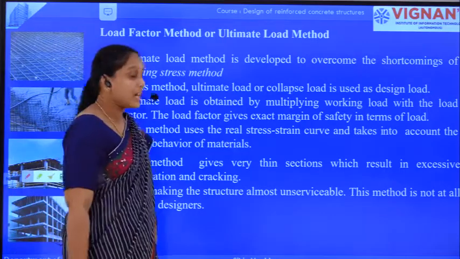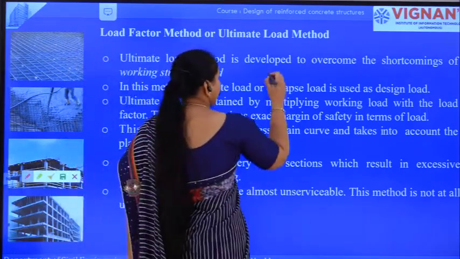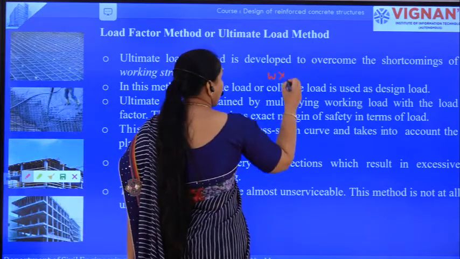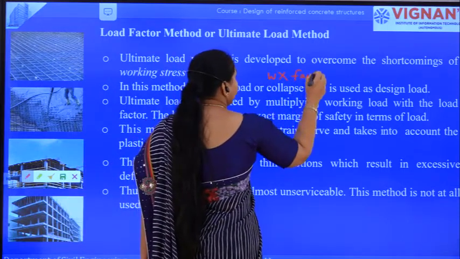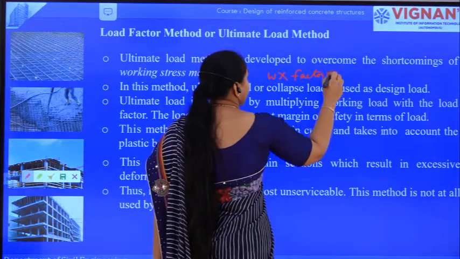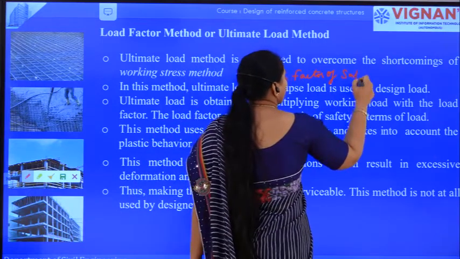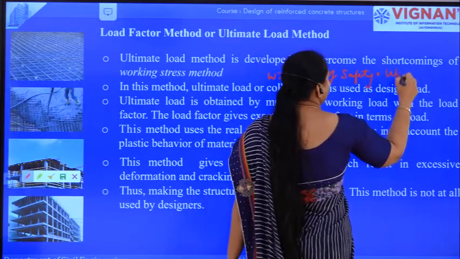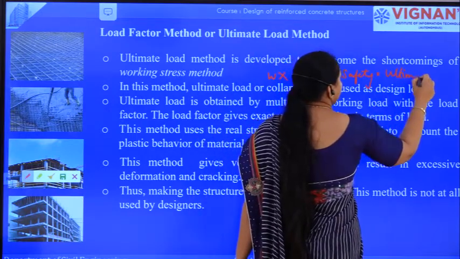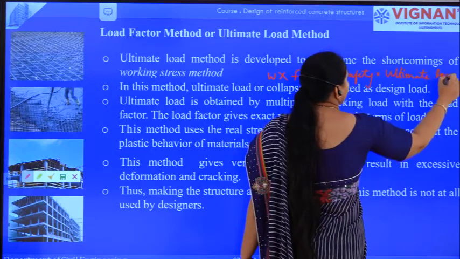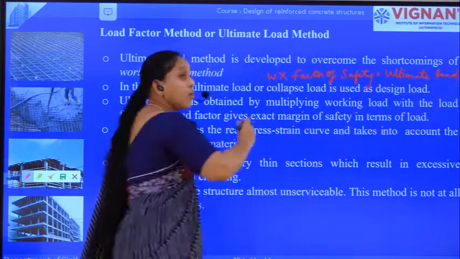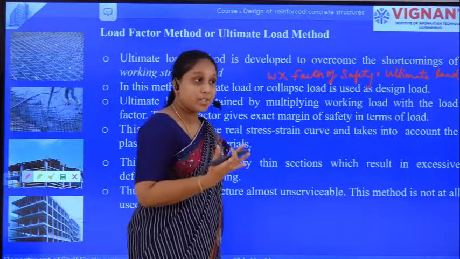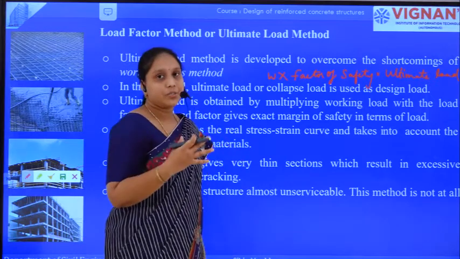So, how will we get this ultimate load or the collapse load? That is the working load multiplied by the factor of safety, which gives you the ultimate load. So here, the factor of safety for the loads in the working stress method